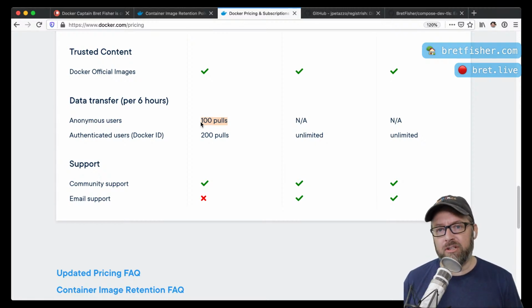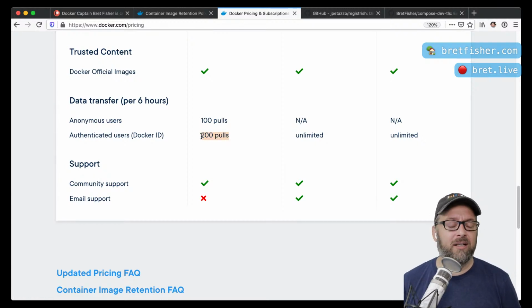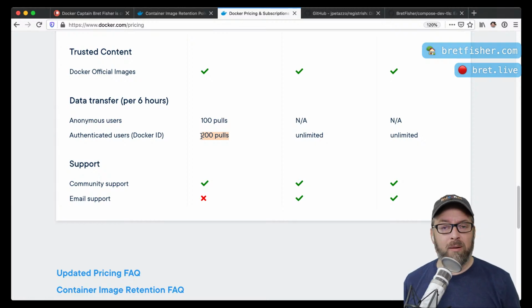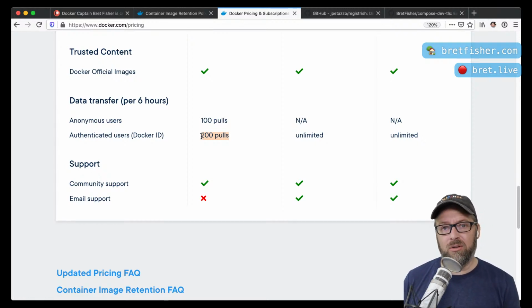But for those of us that are just using this for small projects, small businesses, personal accounts, we will be affected by this. So the way you do that is, the first step is just log in. Start getting all your CI, getting all your servers, everything authenticated to log in. The next thing you could probably do is start looking at how caching works in Docker. Docker can use a proxy cache with Docker registry, and there's lots of solutions out there that offer this now.